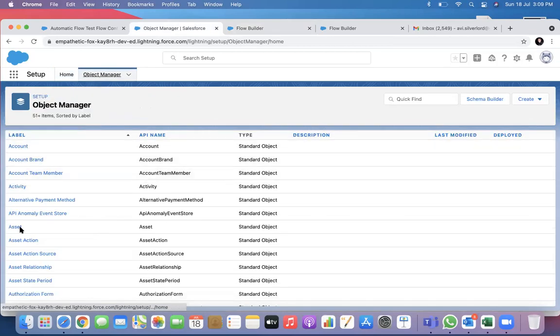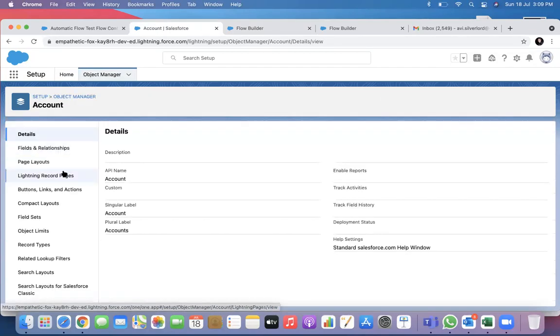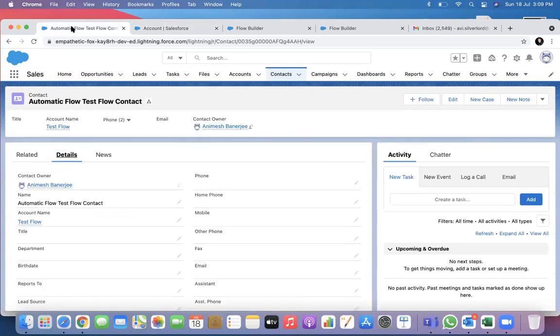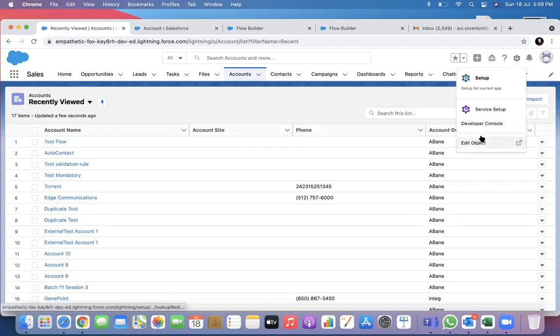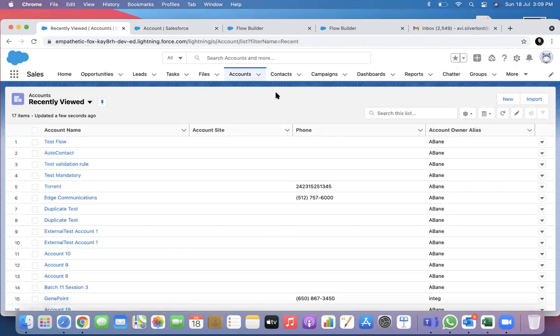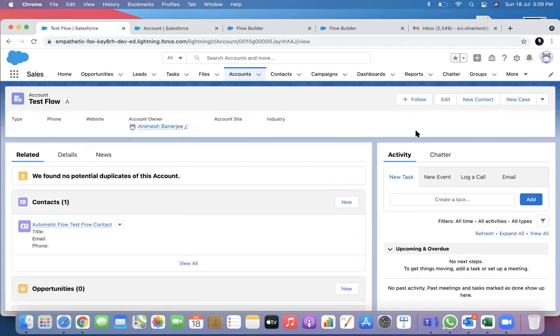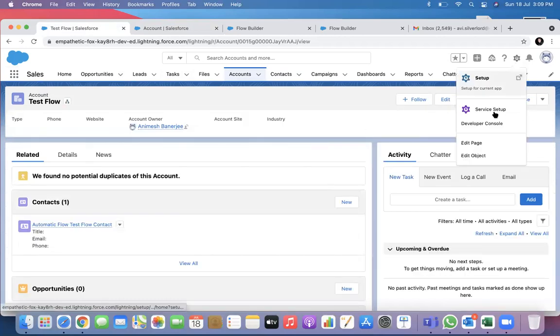Now what happens is that I have to go to my object manager. I can go and embed this flow inside any page. If I go to account and click the account, here you can see edit page is there.